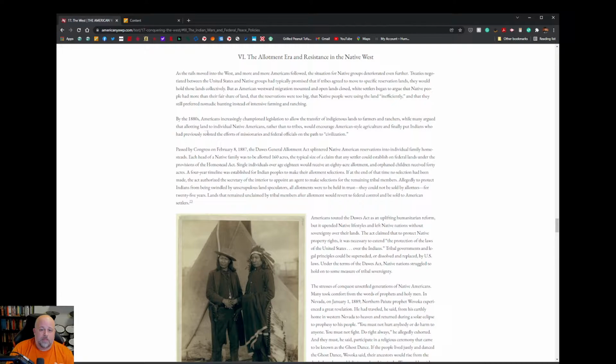Many argued that allotting land to individual Native Americans rather than to tribes would encourage American-style agriculture and finally put Indians who had previously resisted the efforts of missionaries and federal officials on the path to civilization. Okay? The idea here, the efforts of missionaries and federal officials getting Native Americans on the path to civilization, means that these policies that we're going to see, as well as the efforts of missionaries and federal officials, that means that